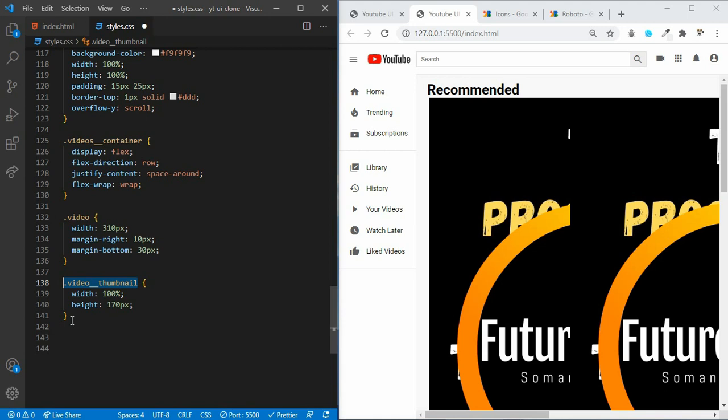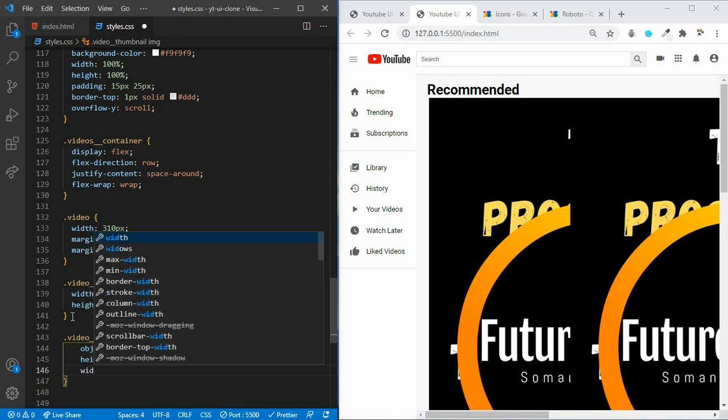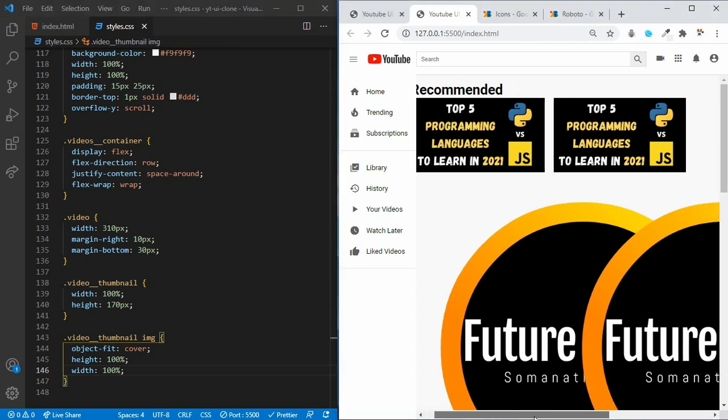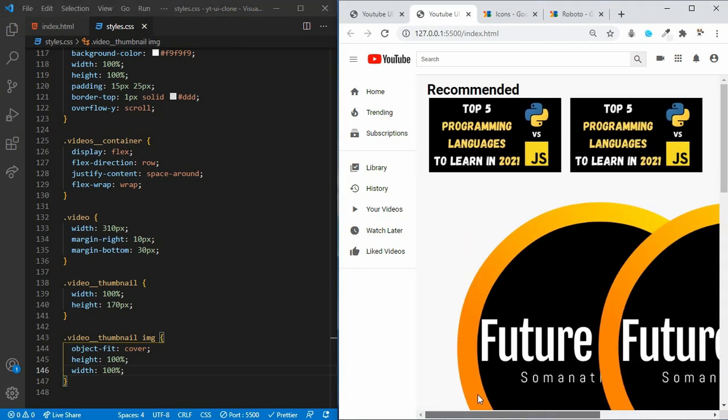So let's target this image. Object fit cover. Let's set the height to 100% and also set the width to 100%. Let's save and check. As you can see, we are correctly doing this.